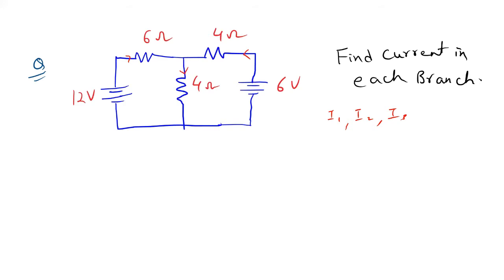Okay, so the first step will be you short the 6 volt and keep the 12 volt and find I1. So I want to know what is the value of I1, I12 and I13. Okay, let's say this is my R3, this is my R2 and this is my R1. So please find I1, I12 and I13. Take 2 minutes. Even by looking at the circuit, if you can tell, that will be good.